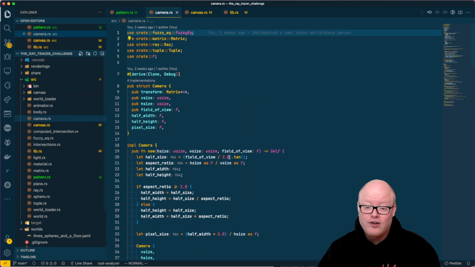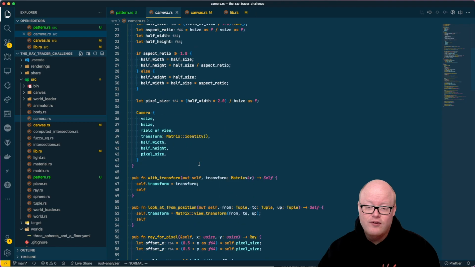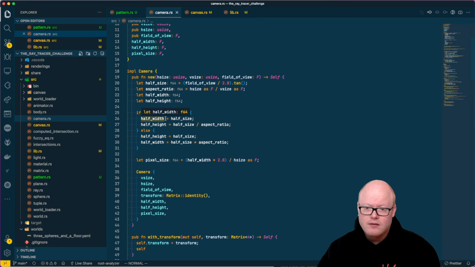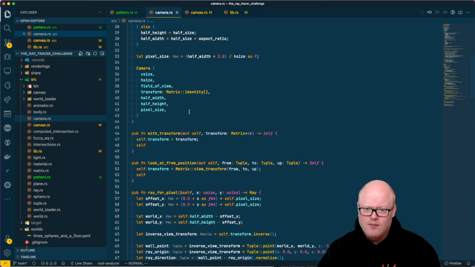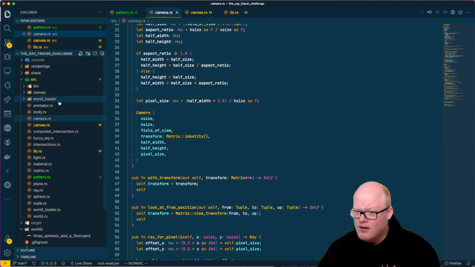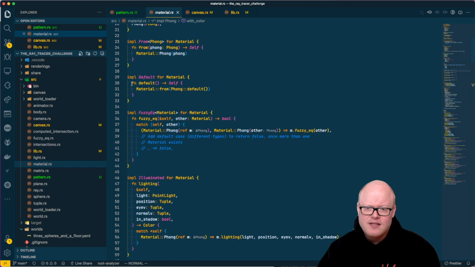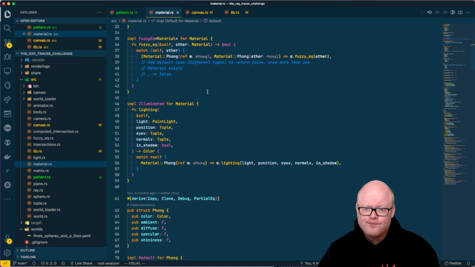The camera, for example, and a lot of other things I've refactored in the meantime, where is it? No, it's not camera. Material, I think. Yeah, material, for example, has this default implementation, which simply creates a kind of an empty material,